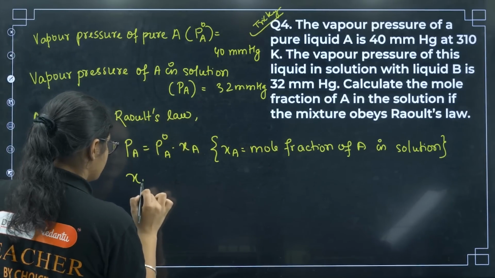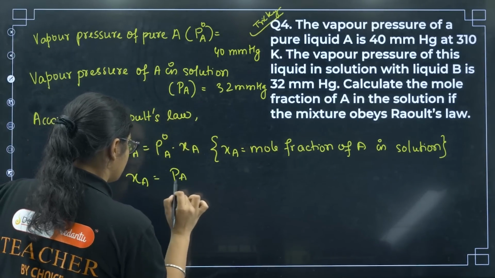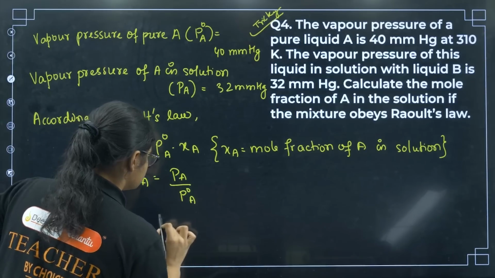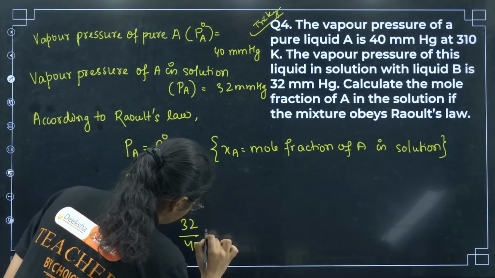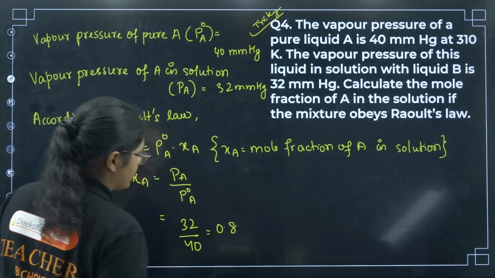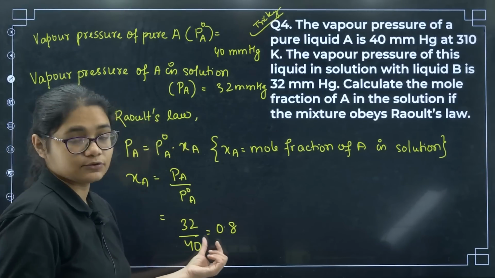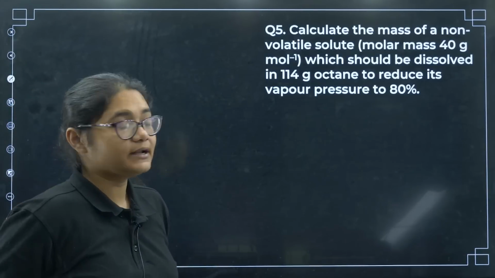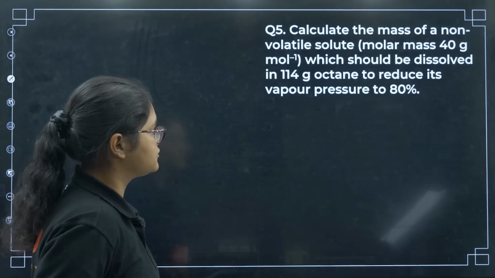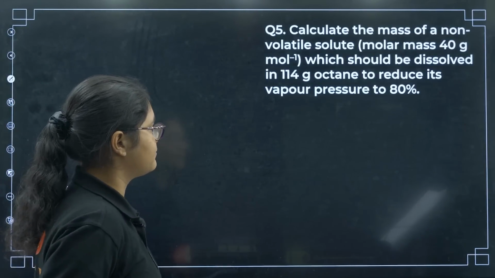So, I can write now XA is equal to PA by P naught A, right. So, what is PA value? 32 by 40, so that is 0.8. Okay, what is the mole fraction? X is 0.8. Okay. Next, question number 5, calculate the mass of a non-volatile solute, molar mass 40 gram per mole,